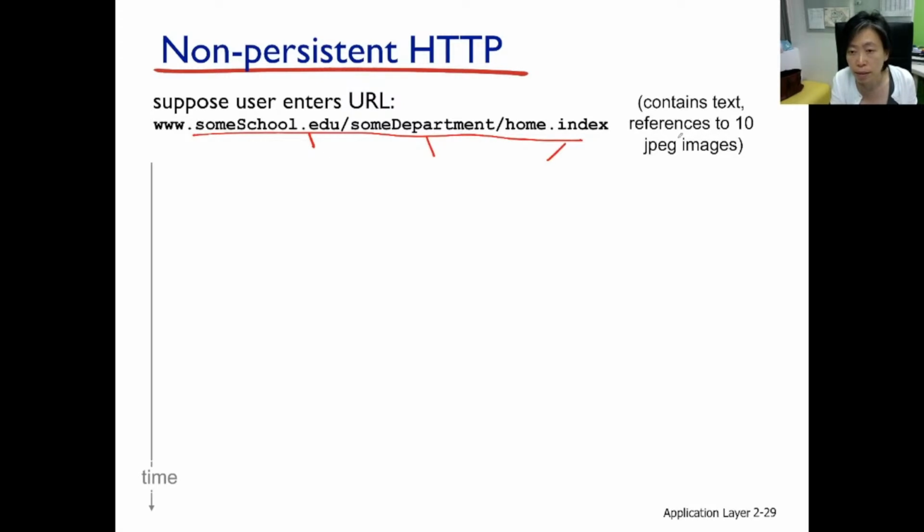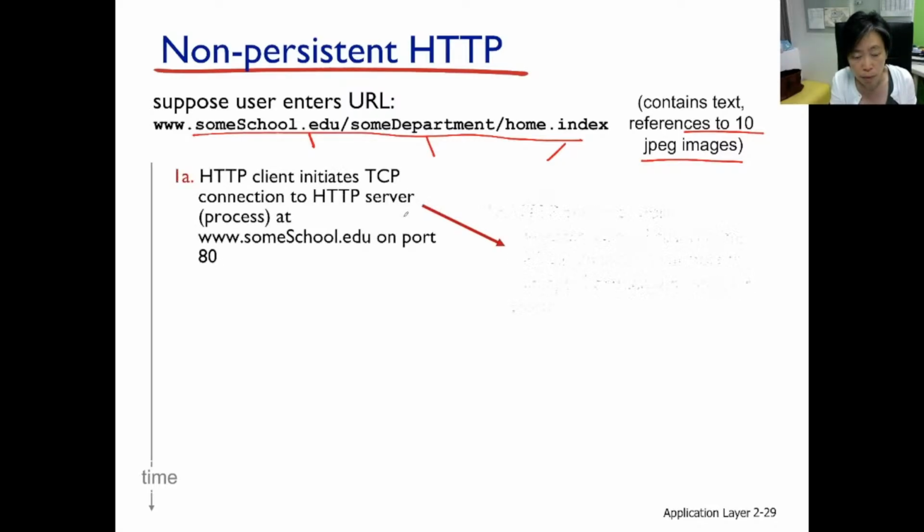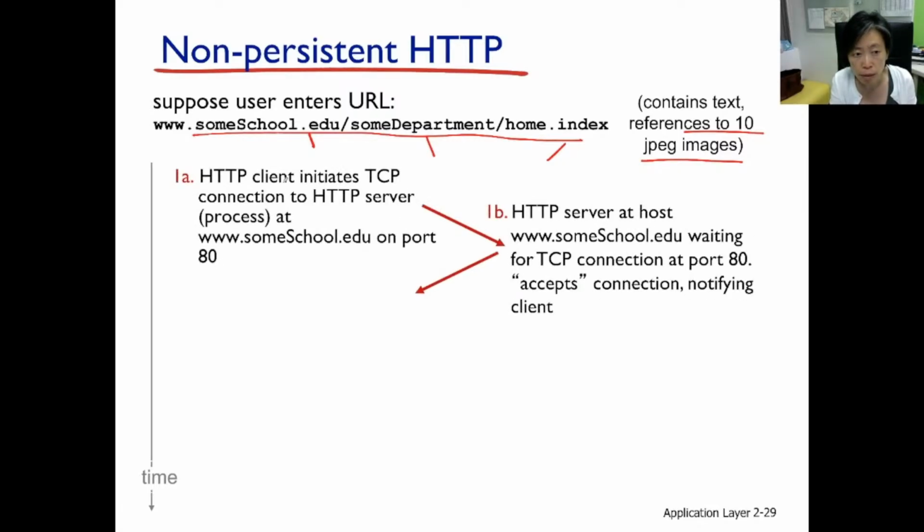And let's see that this base file here contains 10 reference objects. So there are 10 images embedded. Step number 1, the TCP establishment. Client here initiates connection request. Server sitting at this location at port 80 will accept the connection and then send back a sure, open it